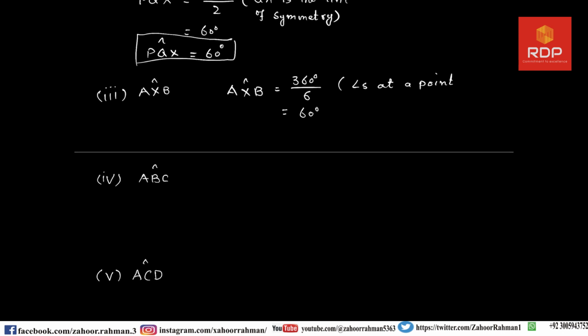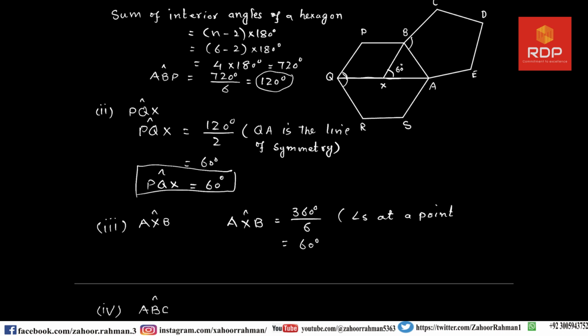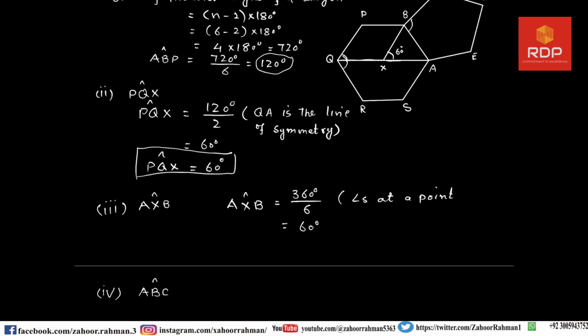Now the fourth part is asking us to find the value of ABC, which is this one. Now we have to consider the pentagon. There are five sides of a pentagon. So we have to write the sum of interior angles of a pentagon